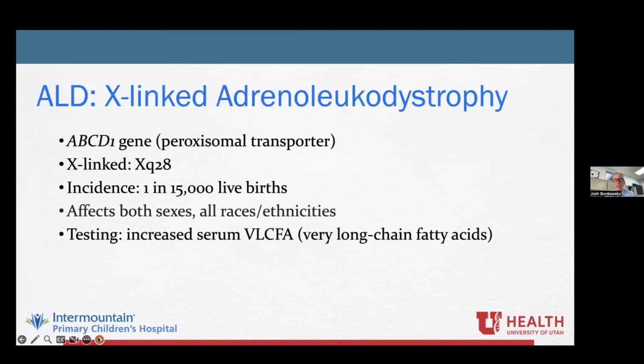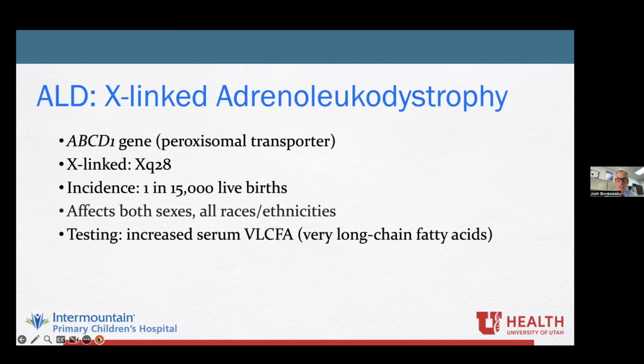It's caused by mutations or variants in the ABCD1 gene. It's a gene that makes a protein that transports fatty acids in a part of the cell called the peroxisome. It's on the X chromosome, and I'll show you a slide in a couple of minutes, just what that means in terms of